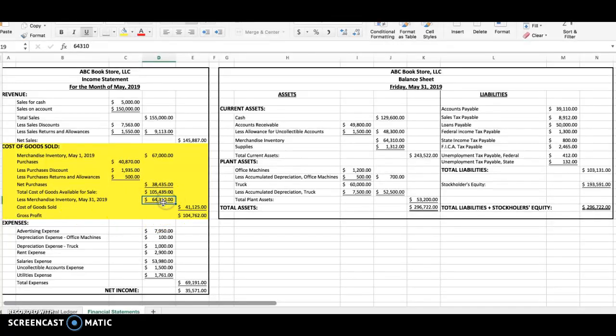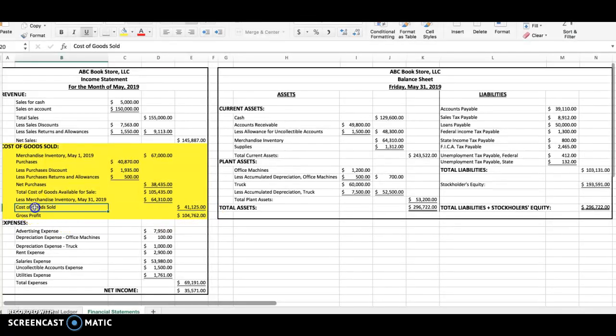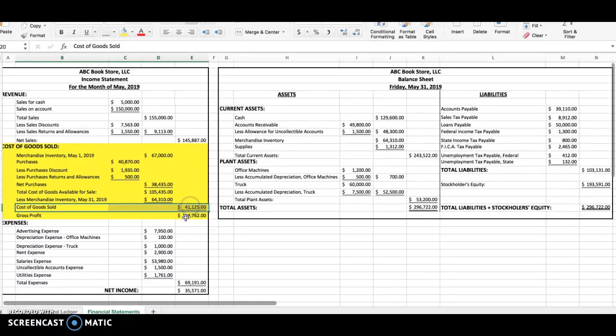So that's the amount that we have left. So we had an amount of inventory available for sale of $105,435. At the end, we have still on the shelves unsold merchandise inventory a little over $64,000. If you would subtract that, then you get something that we've talked about before, cost of goods sold. So this is a different way of determining that amount of money. The cost of the goods that we did sell cost us